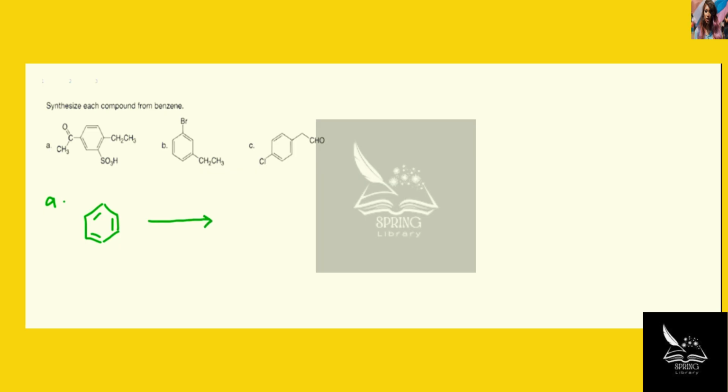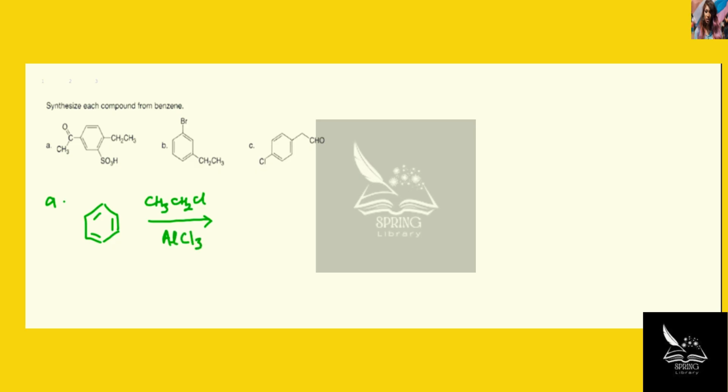So here the first step is Friedel-Crafts reaction, that is alkylation, and by that we are introducing the ethyl group. For that we need CH3CH2Cl in presence of anhydrous aluminum chloride,